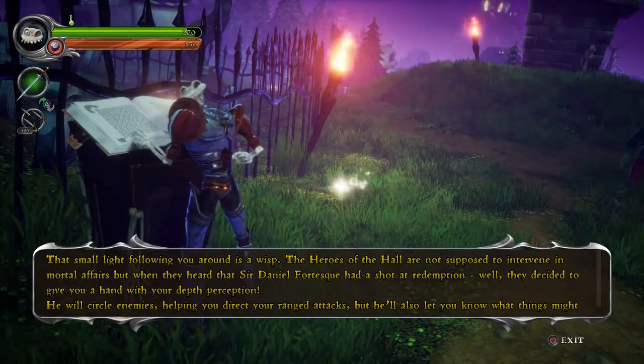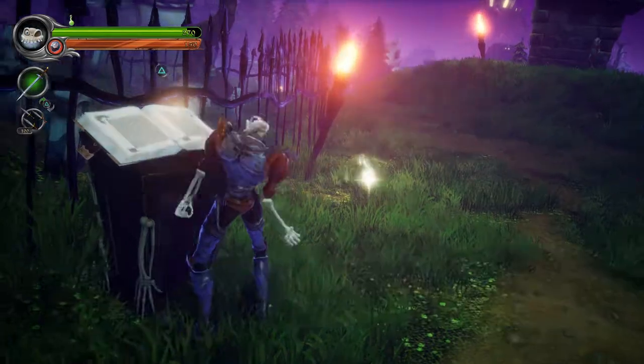That small light following you around is a wisp. The heroes of the Hall are not supposed to intervene in mortal...